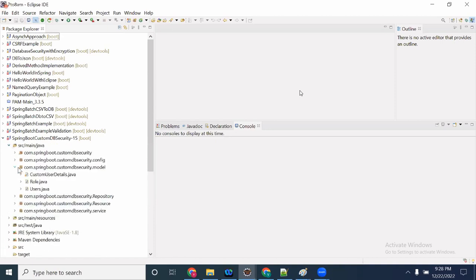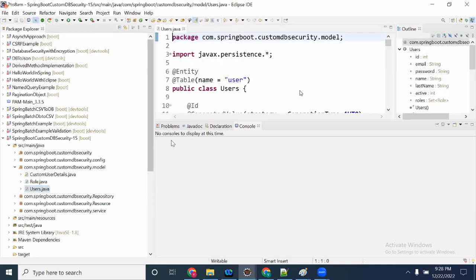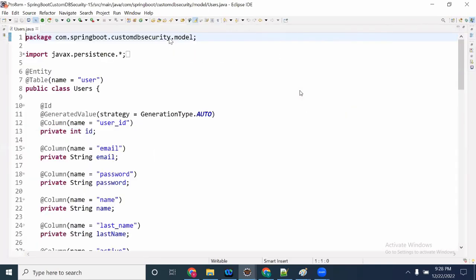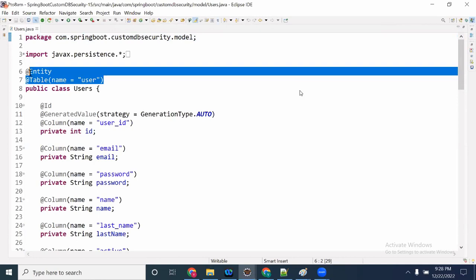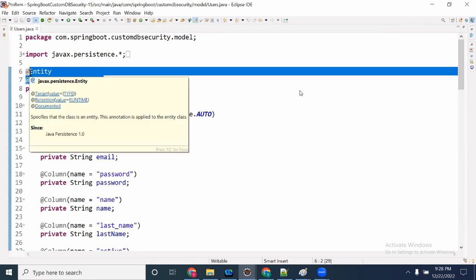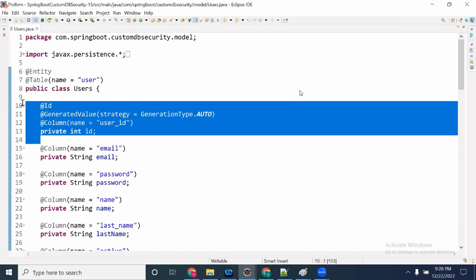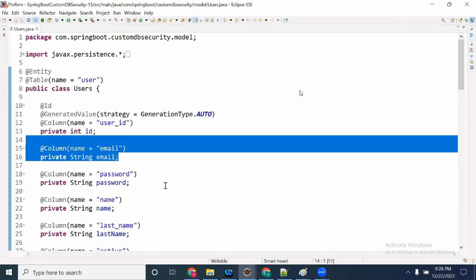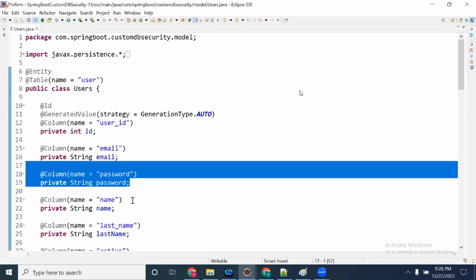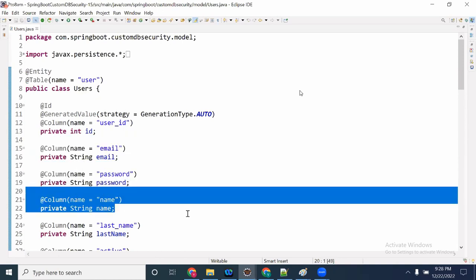So first of all, if you take the model class, this is my user table. Because I'm going to have a table in the database, which has user ID, email, password, name, last